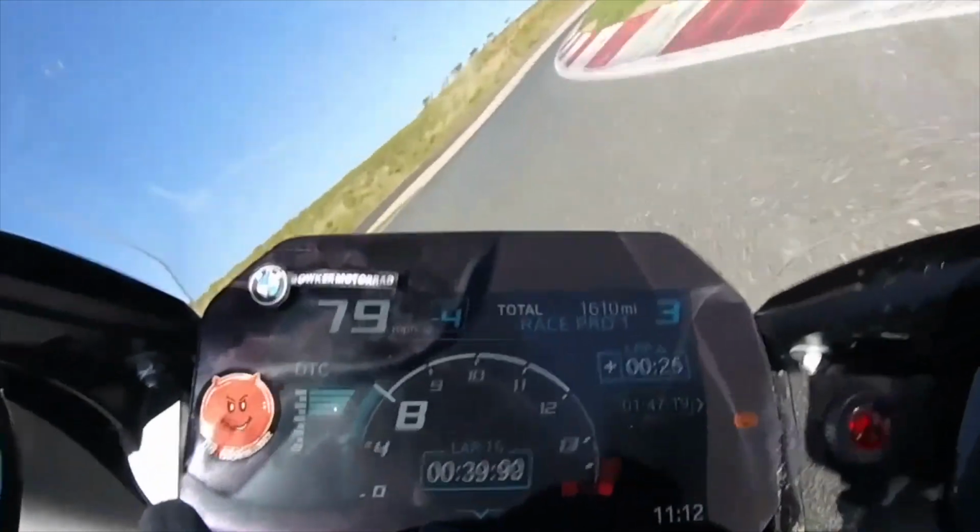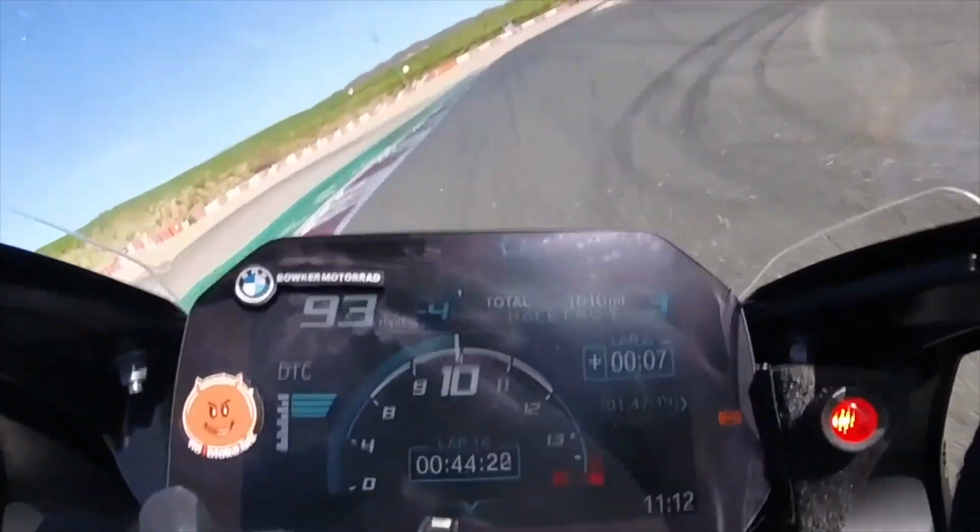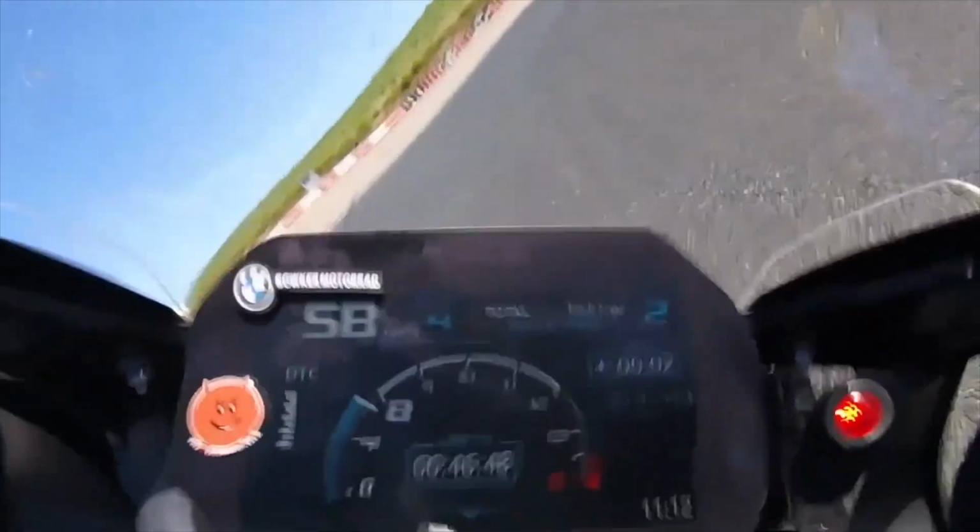Well, whether it's a suspension change or an electronic setting you need to put into the bike, something you have to change on the bike as opposed to the way you're riding, or a combination of the two of them. We're going to have a look at the entry into turn 6. Turn 5 is like an over the hill. It's like over a slight rise, an opening out right-hander, and then you drop down slightly into turn 6.